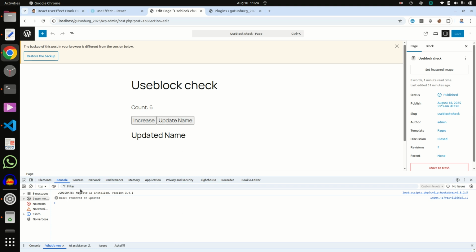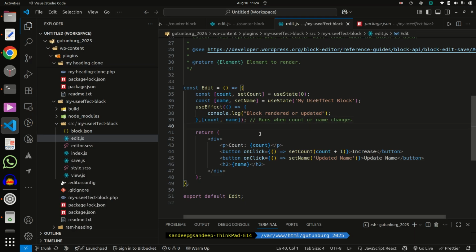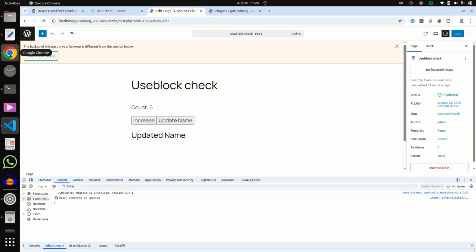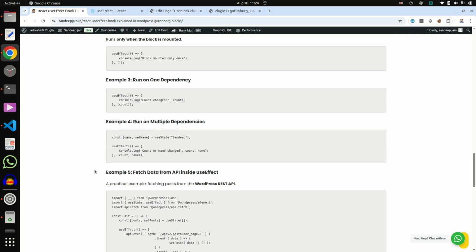But it is not running again when the state of name is not changing. So we talked about multiple dependencies.